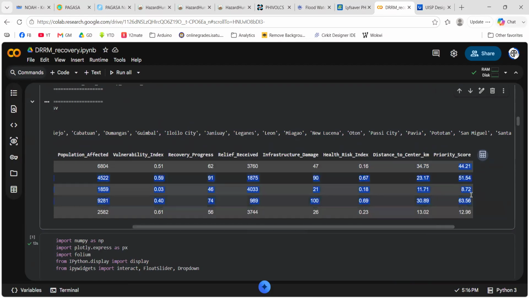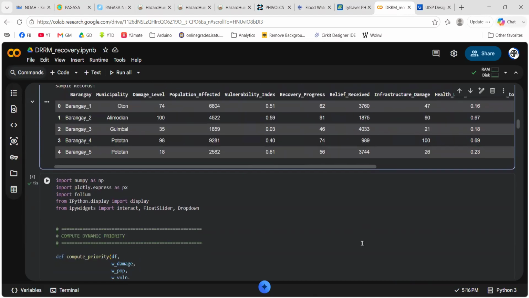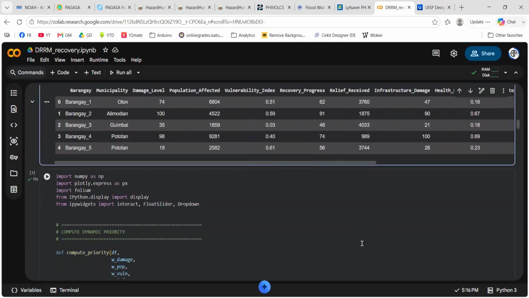If you only use a tabular format or maybe your spreadsheet, it might not be that easy to realize which of these needs your utmost response, your most urgent assistance.